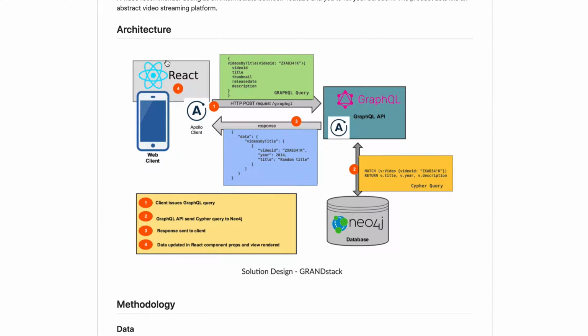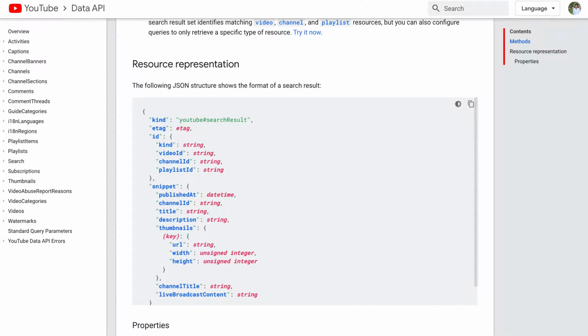So this is a solution architecture which we are going to build. The application which we are going to make today is a video embedded system, almost like YouTube. We are just emulating YouTube using the Grandstack. So the Neo4j database contains YouTube videos, details and attributes like views, dislikes, likes of a YouTube video, and that is being queried upon using GraphQL, and it's visualized in the front end using React. So we are extracting the data from the YouTube leveraging their API,